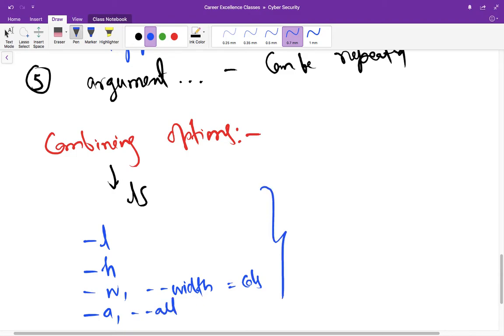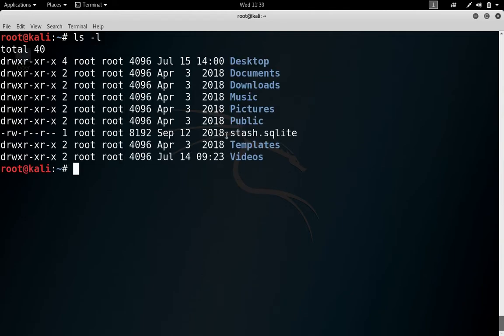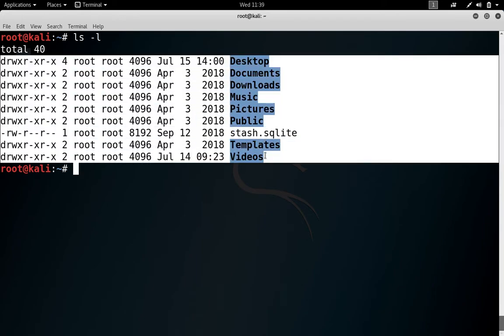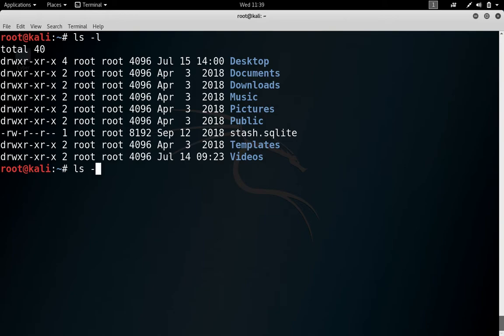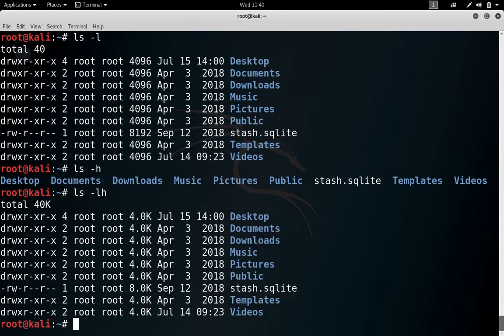The right way to use these commands we'll see in the terminal. Now you can see we have ls, and if you press -l, you can see multiple things. We will discuss these things in coming lectures. But if you want to combine two of the options, then you have to type ls -lh, or let us see -h first. So one is l, one is h, but you can combine these two like this, lh, right?